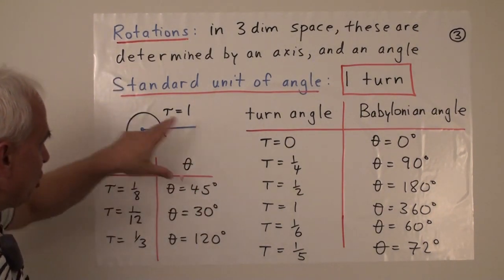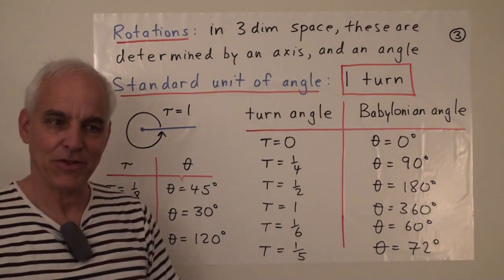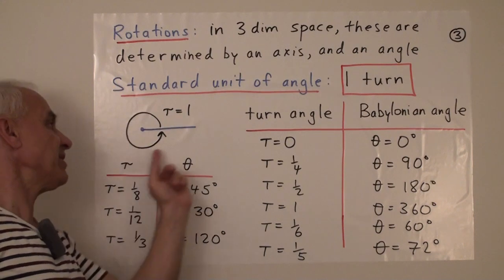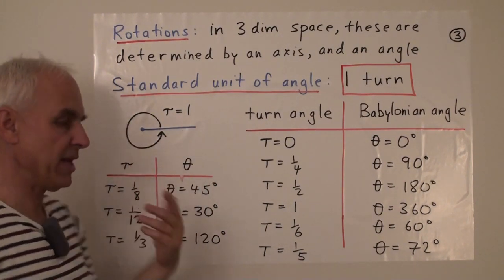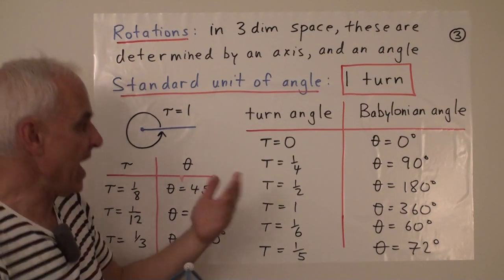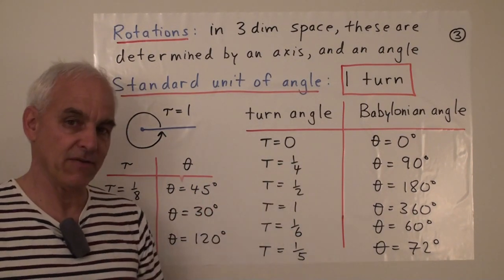Now these are all assuming that we have a sort of positive orientation, so that there is a positive sense in the angle, and then correspondingly the other direction would be a negative sense. So we can also talk about negative 90 degrees being the same as a turn of negative 1/4.